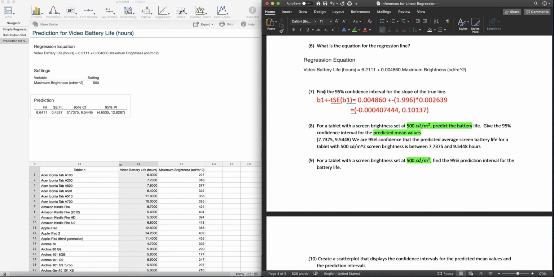However, let's take a look at number 9. What we're going to do now is we're going to use the prediction interval. So this is the range of possibilities. So remember, the prediction interval gives you a range, not an average. 4.6535 to 12.6287. Cool. So this means that we are 95% confident